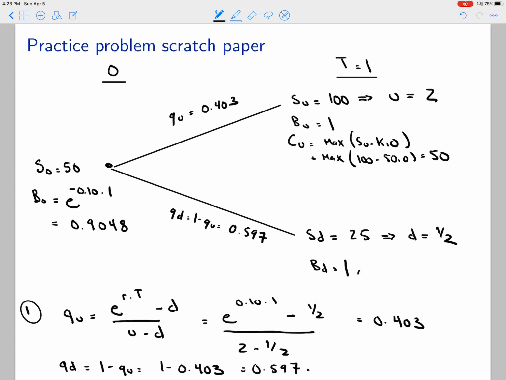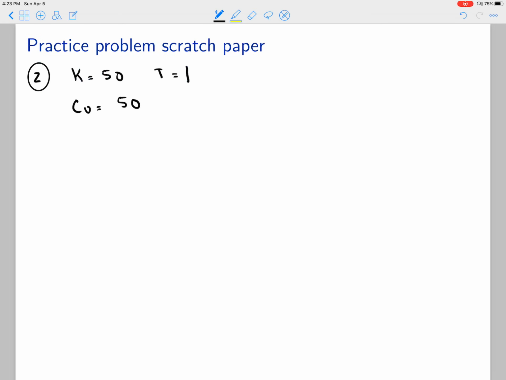And in the downstate, what we have is C_D equal to the max of K, which is 50, minus S_D, which is 25, and 0, which is just 0. So the call has a payoff of 50 in the upstate, 0 on the downstate. And to price the call option, all we need to do is do a quick application of the risk-neutral pricing formula. The risk-neutral pricing formula says that the price of the derivative today, which is given by C_0,